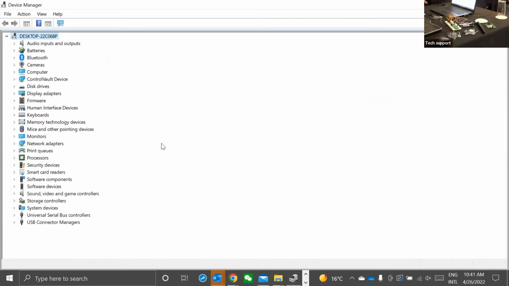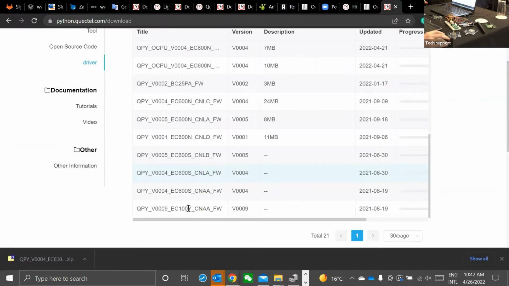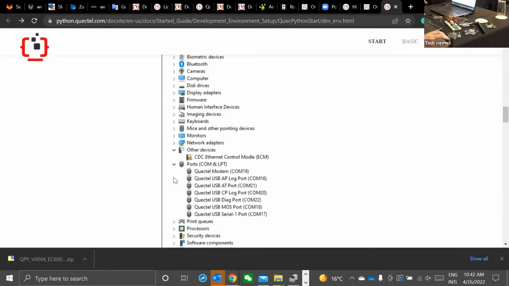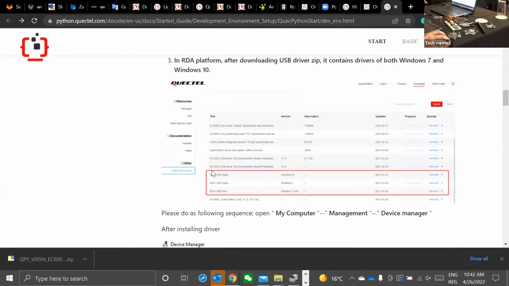In the meantime, you could open Device Manager. And I don't know if you already plugged in your modules to the PC. You should do that, because at that moment, before installing the driver, you should see, I think here it is explained, that when you install the driver you should see some ports.